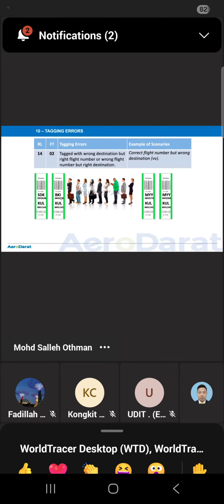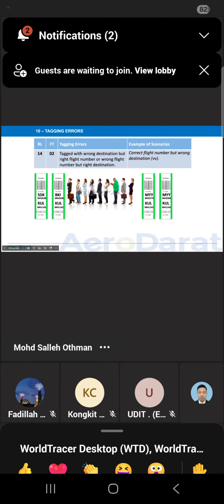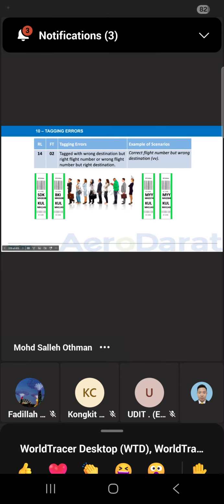Sometimes the right flight number but the wrong destination, vice versa. This is under RL14, Port Terminal 02.